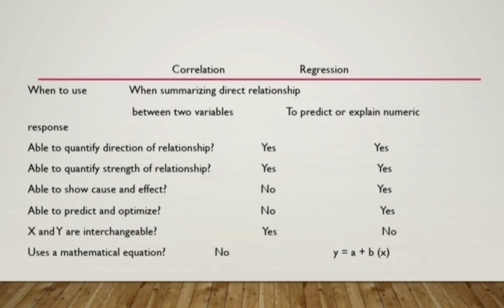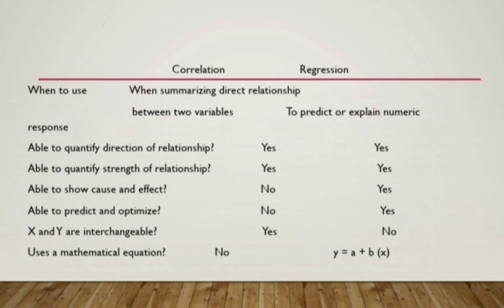Comparison between correlation and regression: when to use. In correlation, when summarizing a direct relationship between two variables. In regression, to predict or explain a numerical response. In both correlation and regression, they are able to quantify the direction of the relationship, and in both they